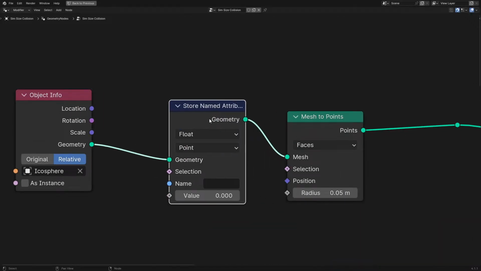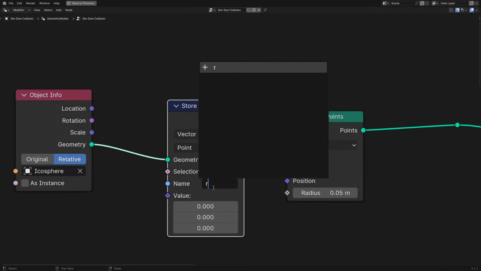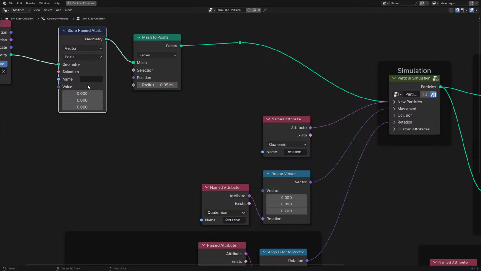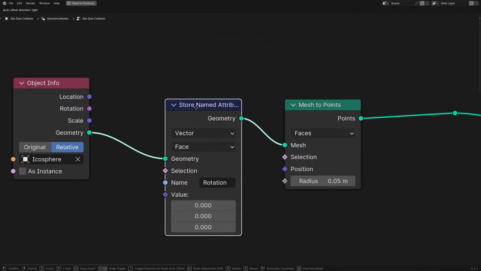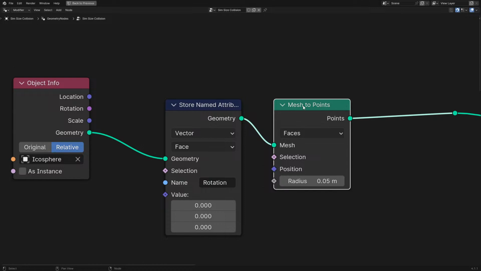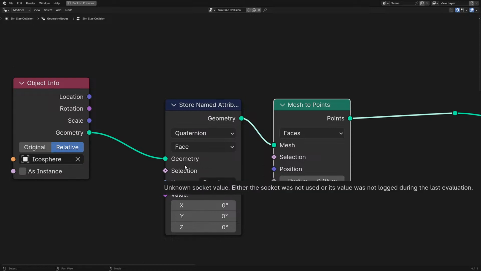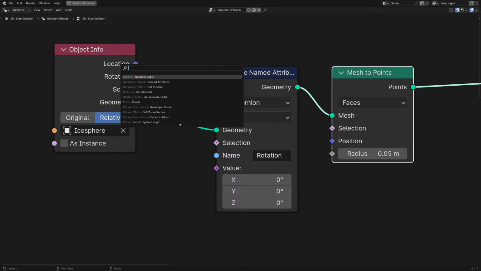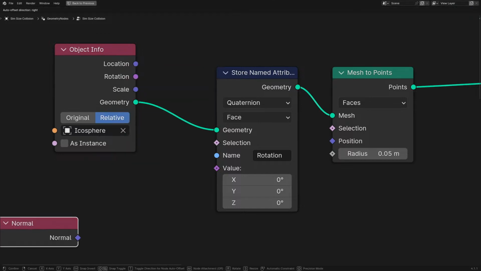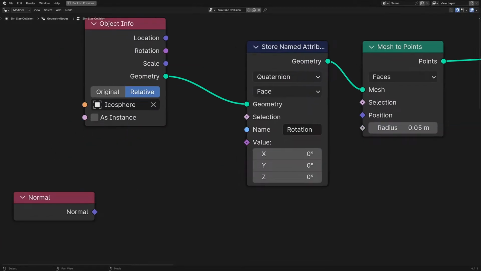So let's go store a named attribute. This will be the rotation attribute. Let me just go and plug that into there. We'll set this on the face domain, because that then gets converted into the point domain, as we can see here, which will be very useful. We'll set this to a quaternion just so that a conversion does not have to happen, even though it's probably fine. Okay, so now we can get the normal, and then use an align Euler to vector node,